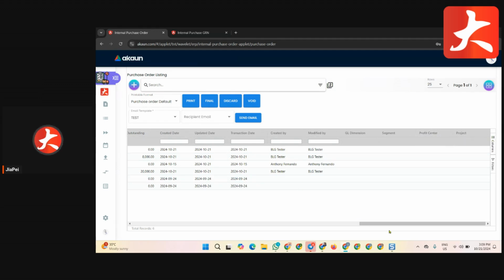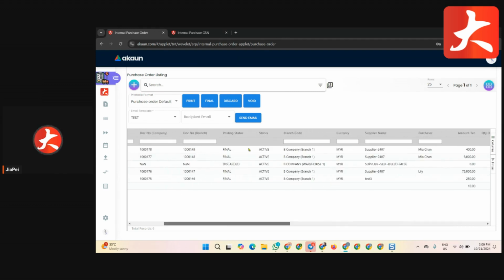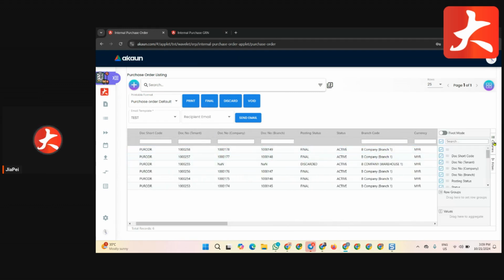So in this listing, if you don't want to view all the information, you can click the column here to untick and hide the view. So once you change this information, it will be saved to your personalization. So that means